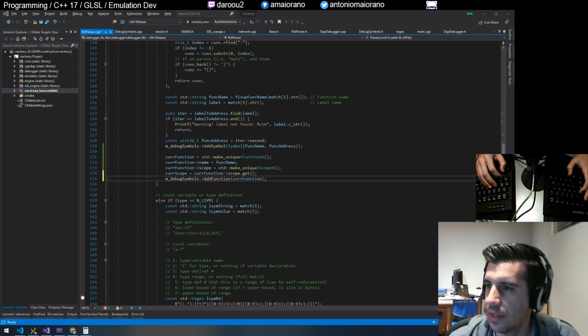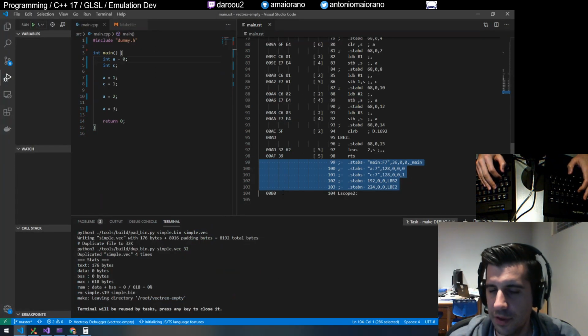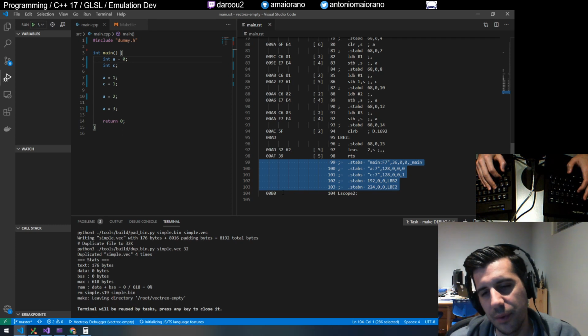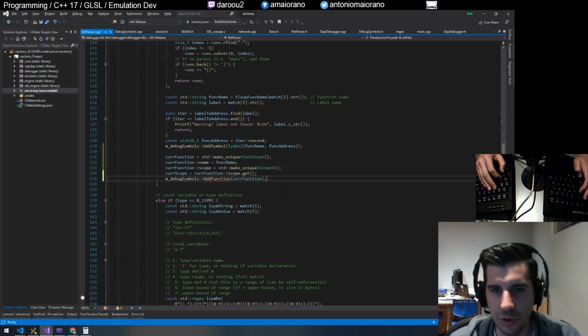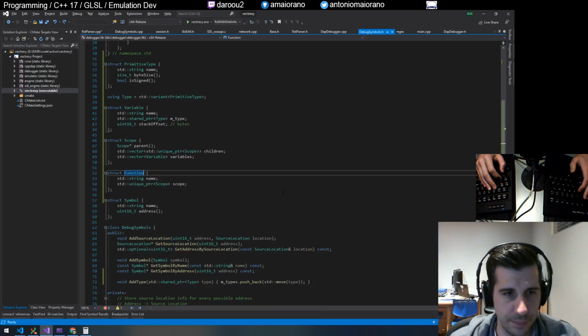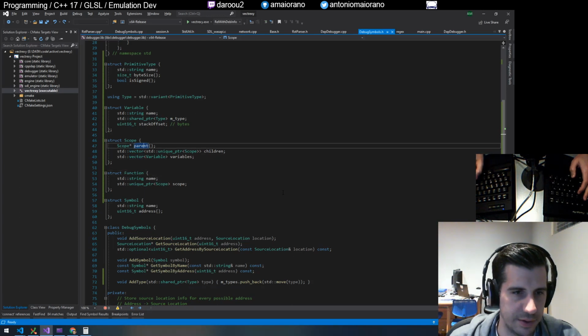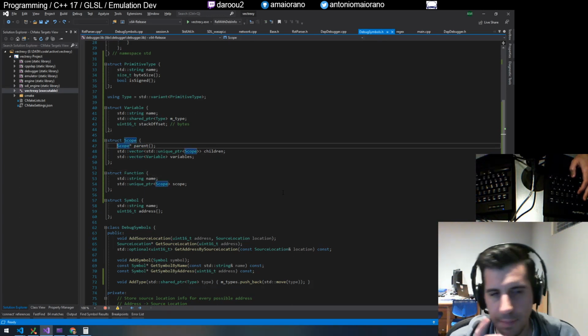My only concern is, will it be obvious to me when I'm done with a scope? Also, one thing I realize is I don't have a way to go to my parent scope, do I? Oh no, I have it here, parent. So definitely have a way to go up. So then maybe